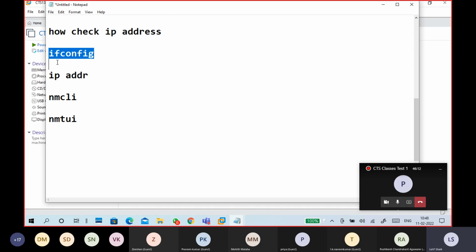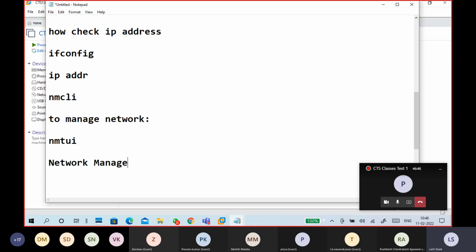Okay, so to check the IP address, these 3 things. To manage the network, one is nmtui. nmtui is the best as I know, because in EL7 you have the nmtui interface. The next one is the Network Manager GUI tool, system network manager kind of thing.